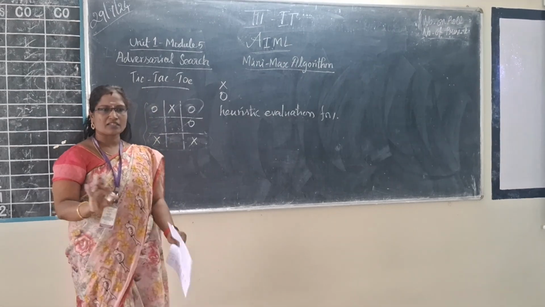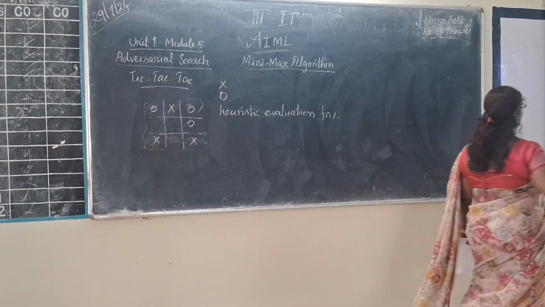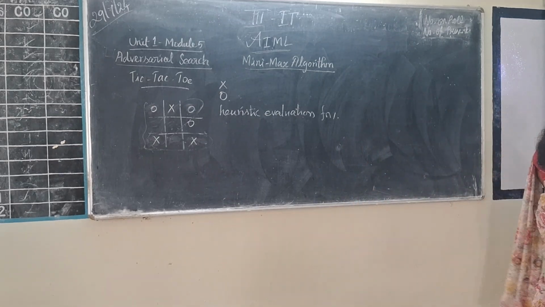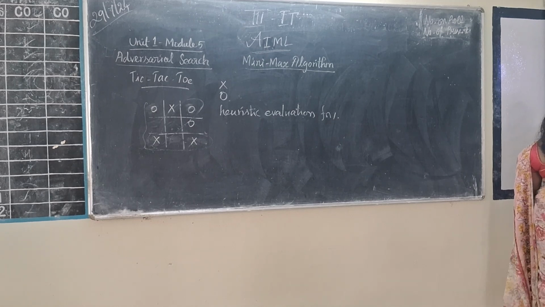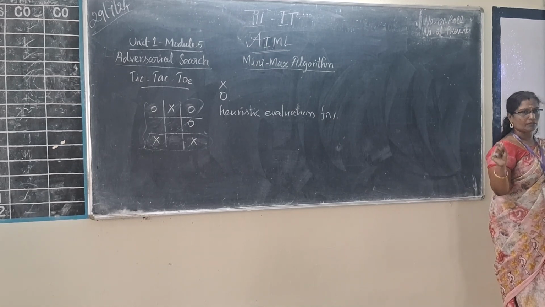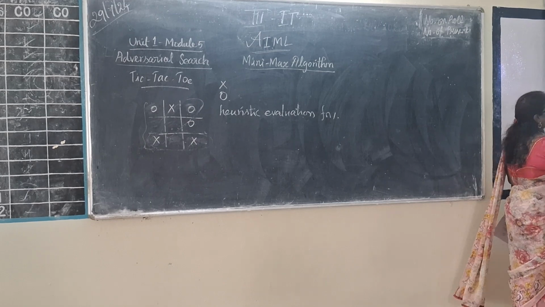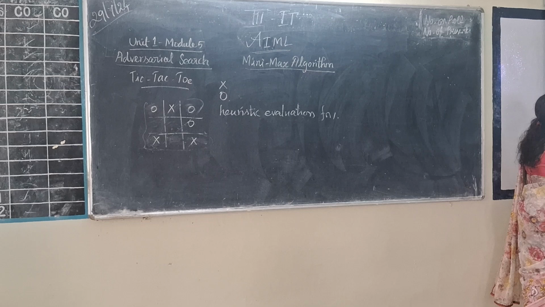Yeah, this is the state, because when you start from the beginning, if you look at this, so max, as I mentioned, X will start again. So initially it is all empty. We are naming the players as max and min. Okay. So if the game starts with X, max is getting a chance to